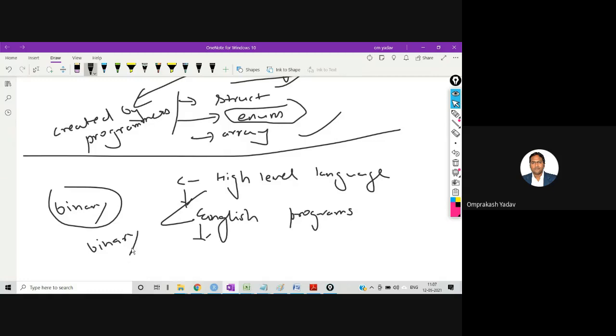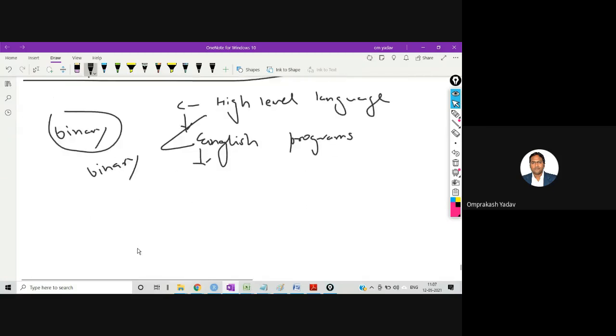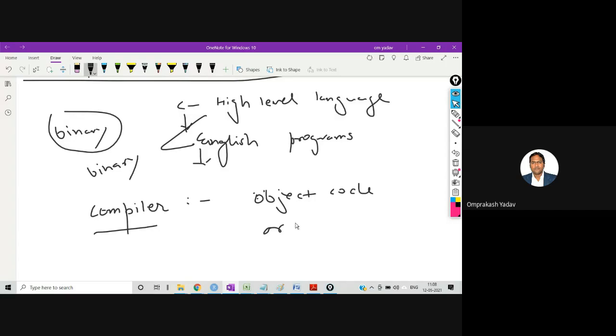For this purpose we have the compiler. What is the job of the compiler? The compiler takes whatever we have written and converts it to binary format, or object code, so that the computer can understand it.